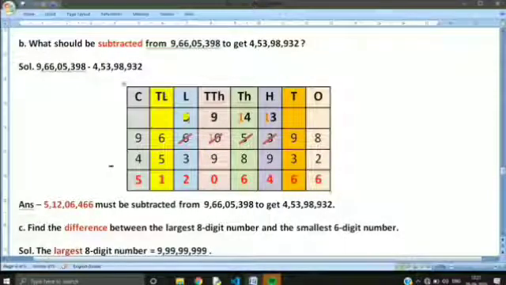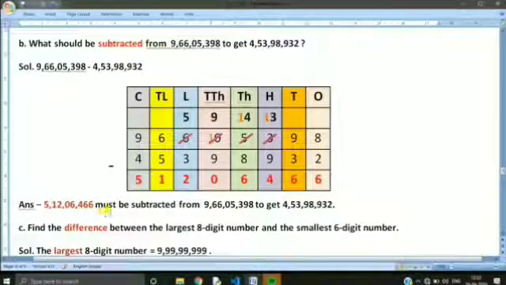On moving to lakh column, 5 minus 3, it will be 2. Next 10 lakh column, 6 minus 5, it will be 1. Next crore column, 9 minus 4, it will be 5. So this way we will be having a final answer 5 crore 12 lakh